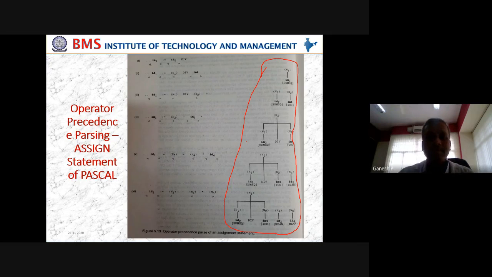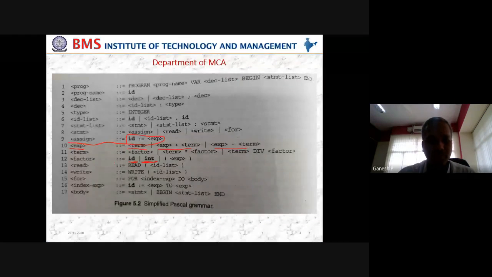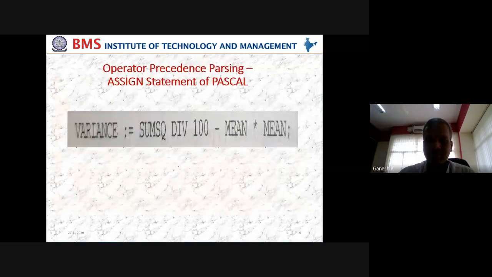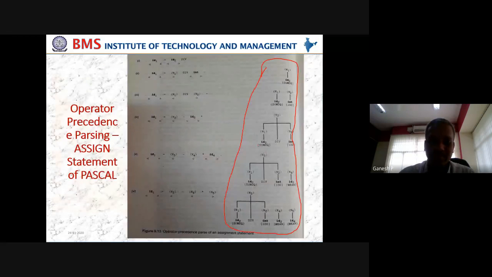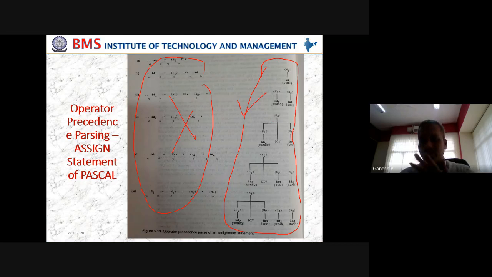This is operator precedence parsing. In the exam, they will be asking questions like this. They give a statement, then they will ask you to construct a parse tree, or construct whatever is possible in the given context. So this is what we have to understand, how to construct a parse tree. But what is required for you? The rules should be given to you like this. Later, if it is a parse tree from the operator precedence point of view, they should give a matrix. If the matrix is not given, this part you will not be able to write, but this part you should be able to write. So construct the tree.